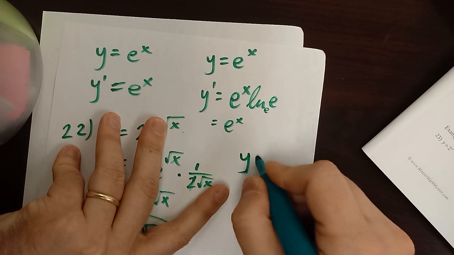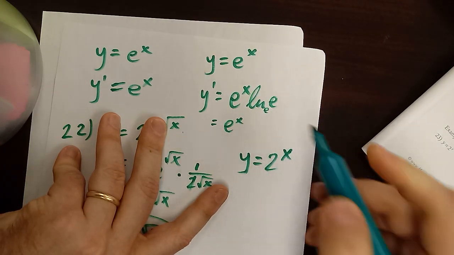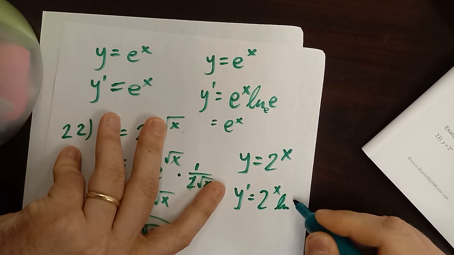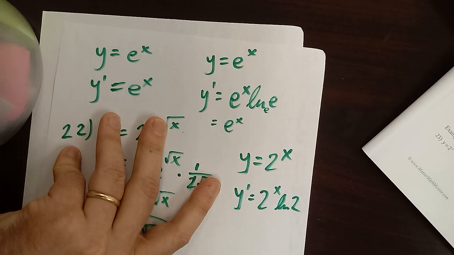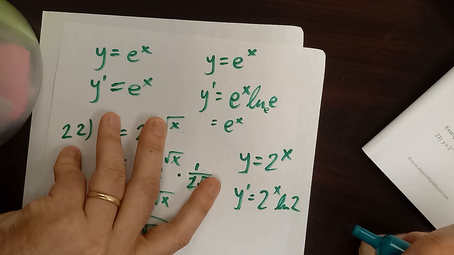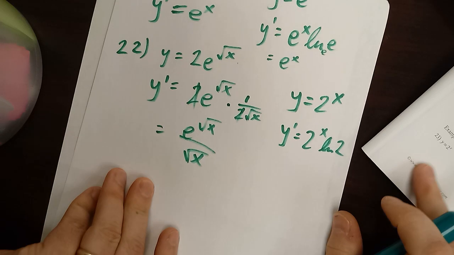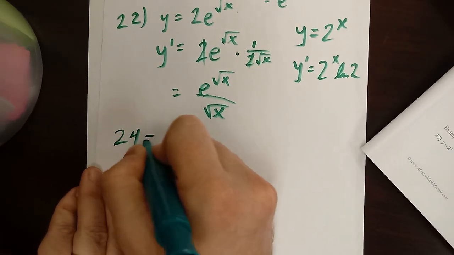because if y is equal to 2 to the x, this is how it works. Y prime is going to be 2 to the x ln 2. And this goes for any base. So, oh, I just did 23 by accident. Okay. So 24 then is going to be